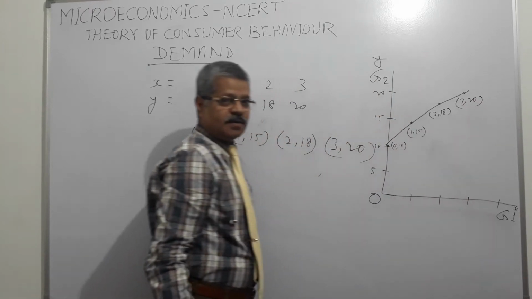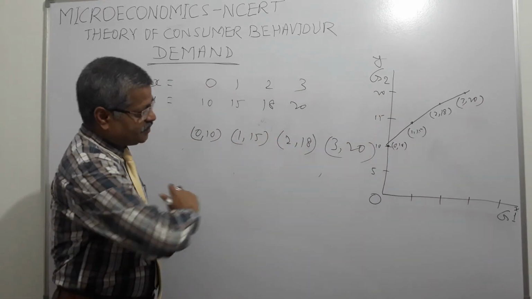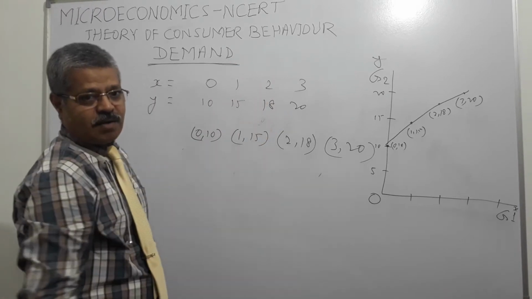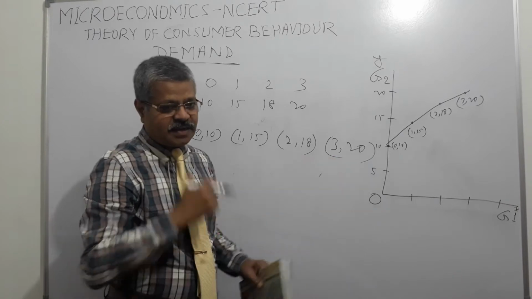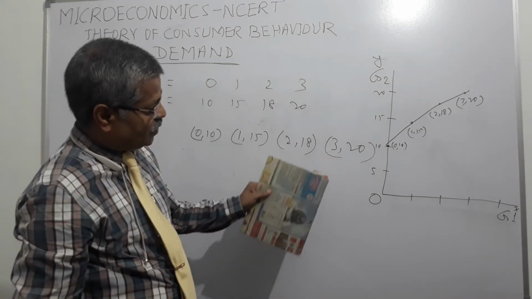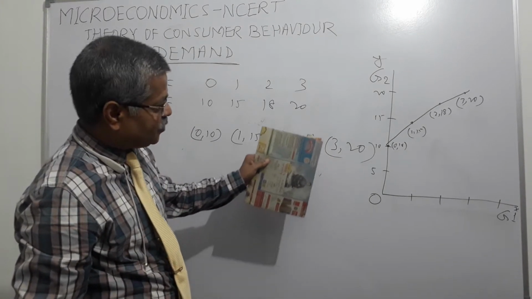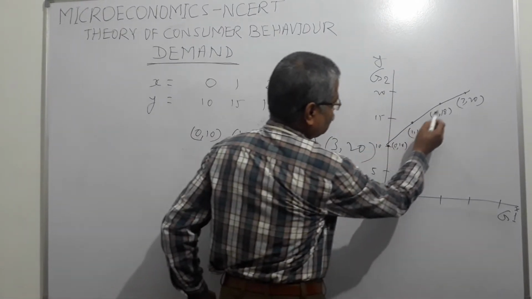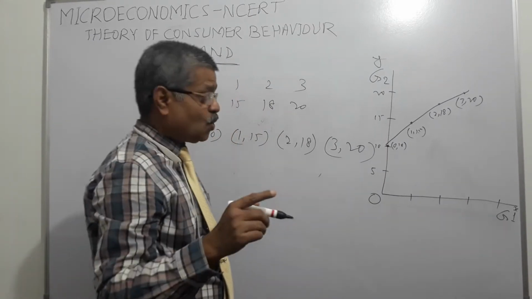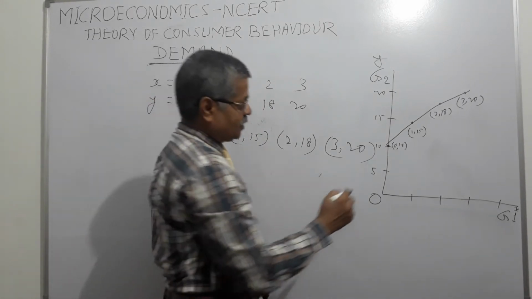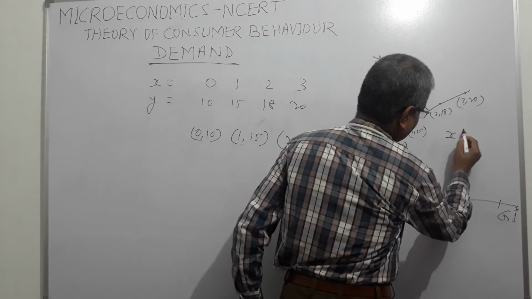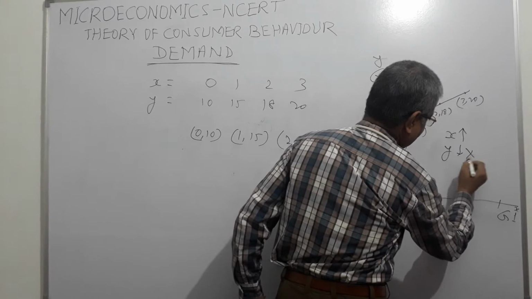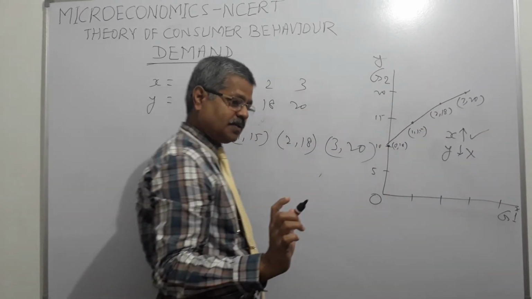So, what do you see here? It's an increasing graph. So, what is an increasing graph? Here, we need to see that when the value of X increases, 0, 1, 2, 3, the value of Y doesn't decrease, right?